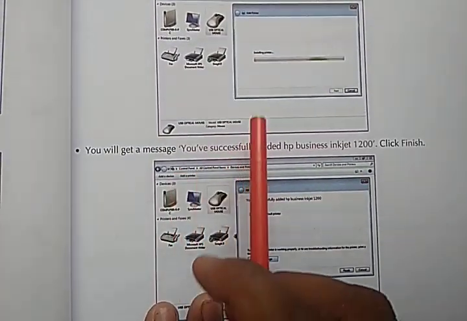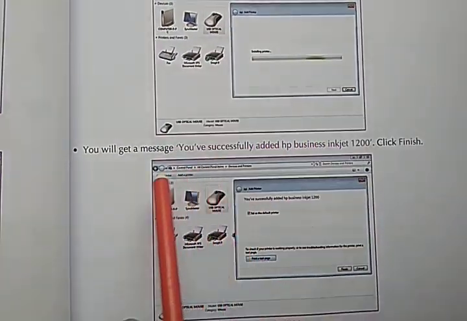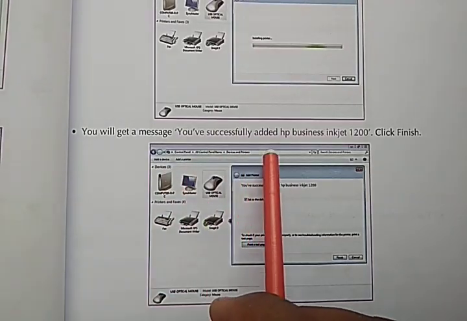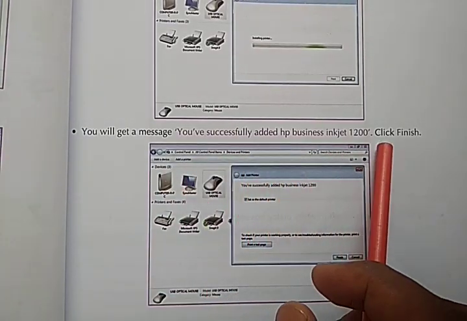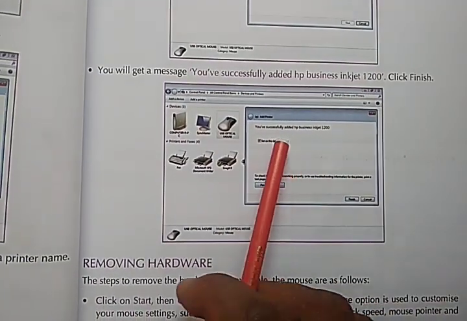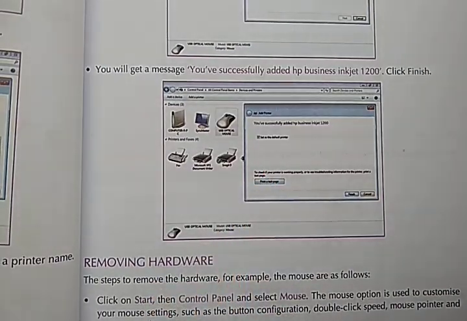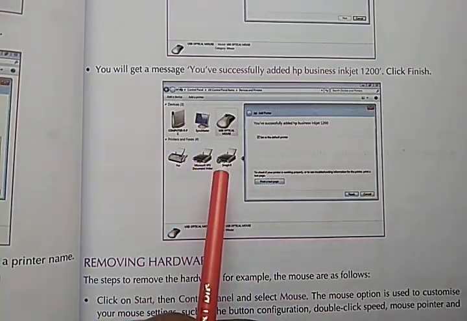After that, click the Next button. You will get a message, you have successfully added a Business Inkjet 1200, click Finish. Okay, then your printer processing is completed.